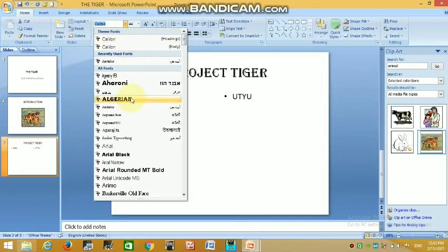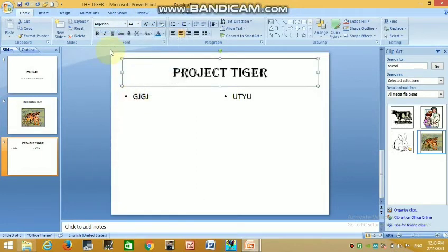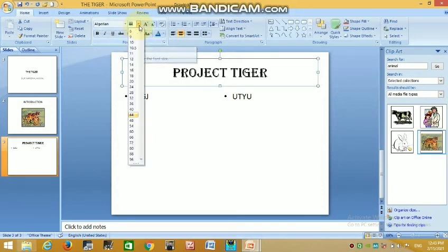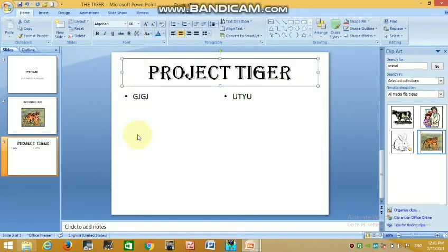You can change the font from here. Next is the font size. With the help of font size you can change the size of the font. Here are two buttons, increase font size and decrease font size. With the help of increase you can increase, and with the help of decrease you can decrease the font.